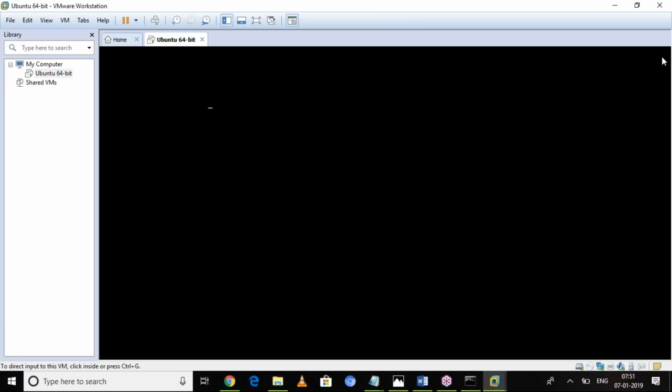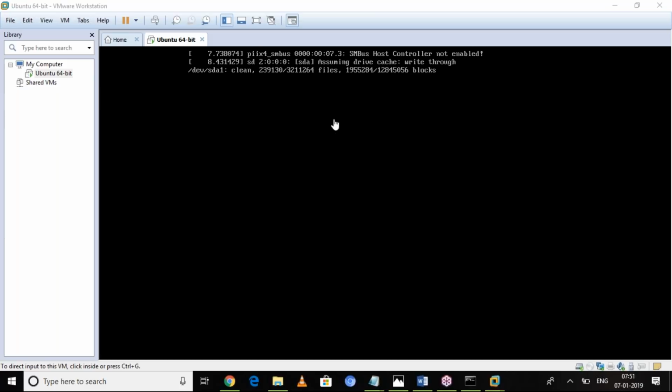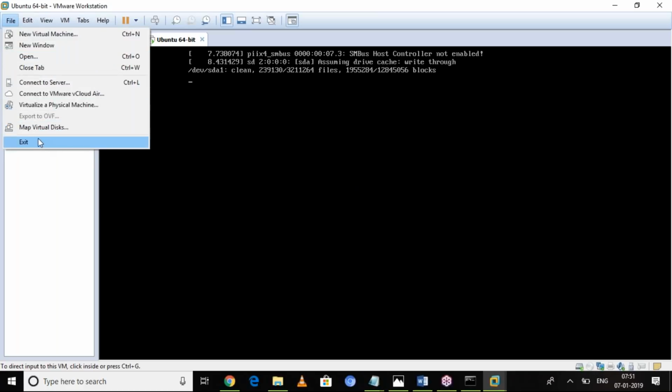It will be started. If you don't want to work with VMware, if you don't want to work with Unix or Linux, just shut down this Unix or Linux and exit from VMware.